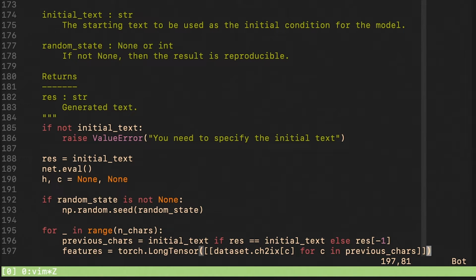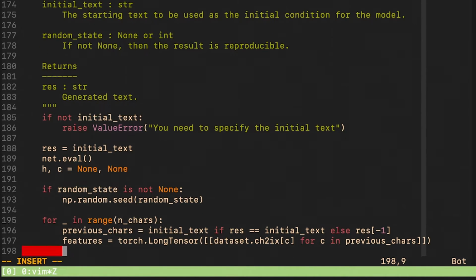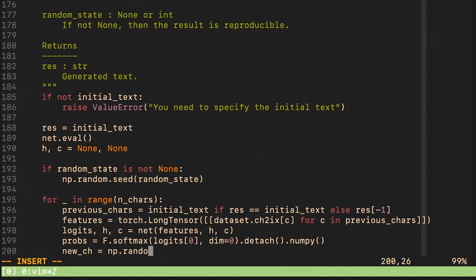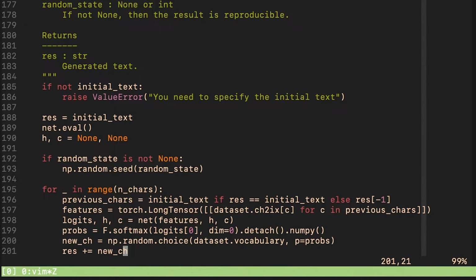If this is the first iteration, we take the entire initial text and turn it into features. However, if it's not the first iteration, we will just take the last character. To run the forward pass, we get our logits and the hidden states.